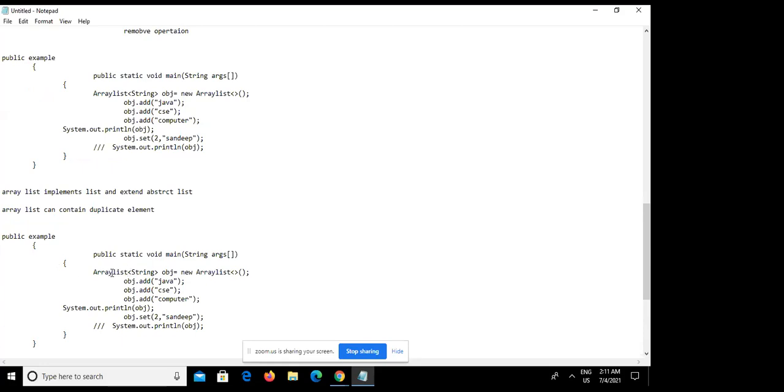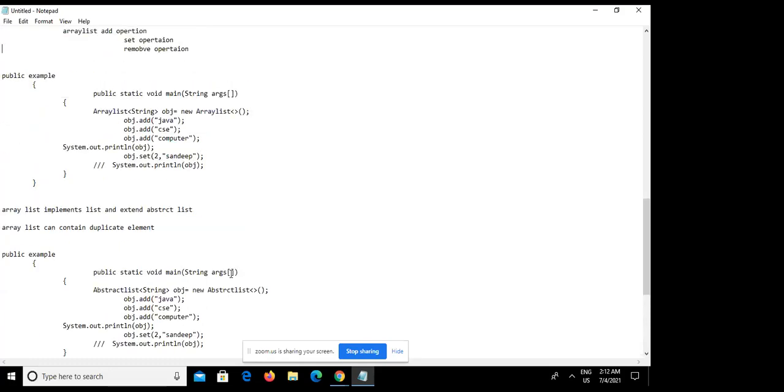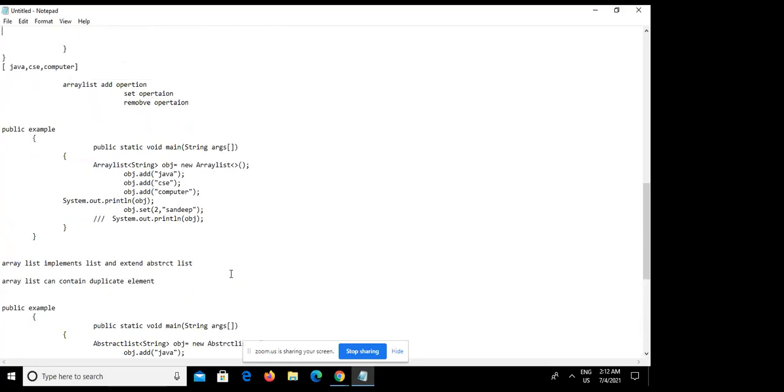It is just a change of syntax. So this is the abstract list. By changing the syntax, I am getting the same result. So basically, we need to remember the things about array list.